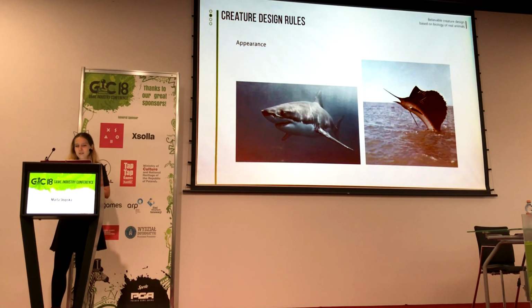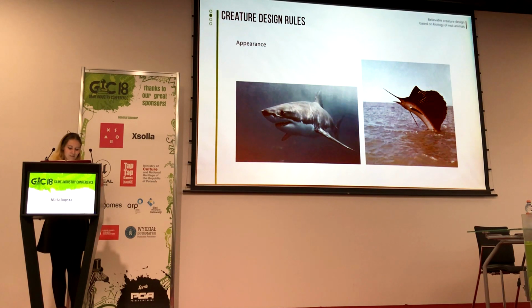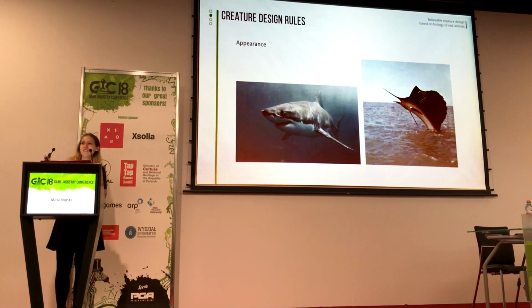Here is an example, very similar but for different kinds of animals, and these are carnivore fish. In this example, the shark and the marlin have a white belly, not to be seen as the shaded one, but when you look at it from down low, you cannot see it because it's the same color as the sky. And when you see it from above, it's dark, and it has the same color as the background under it.